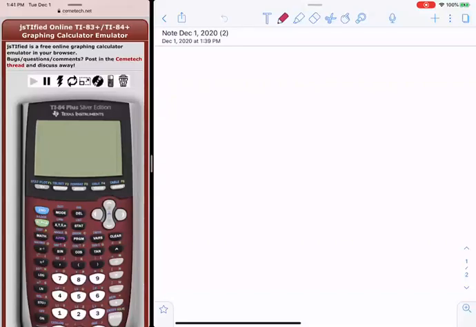So this would be an example on a two-sample t-test, which is a test for mean. So